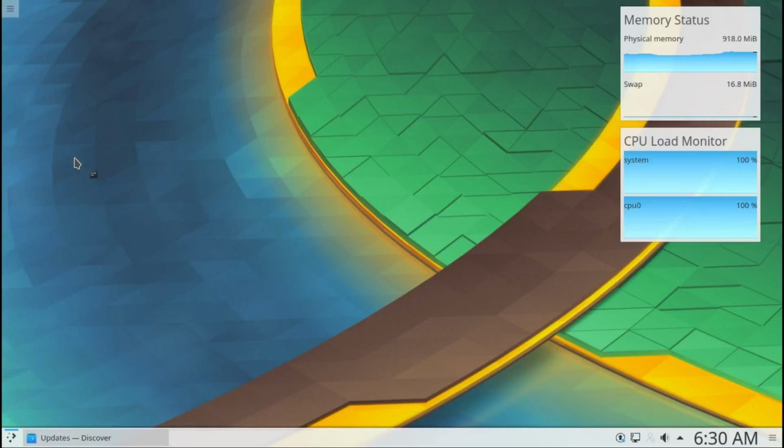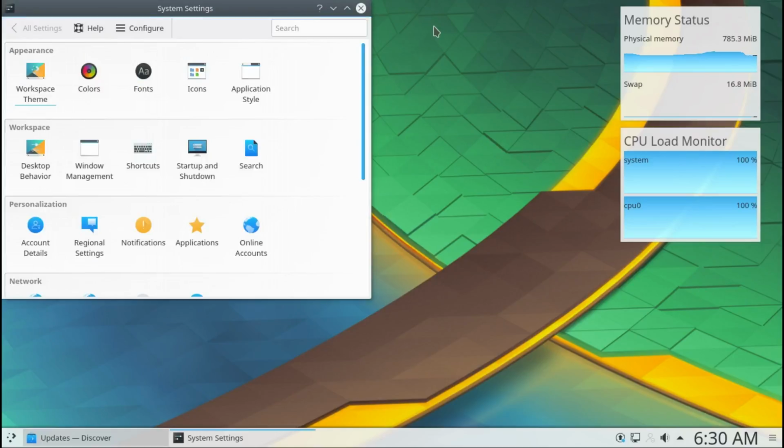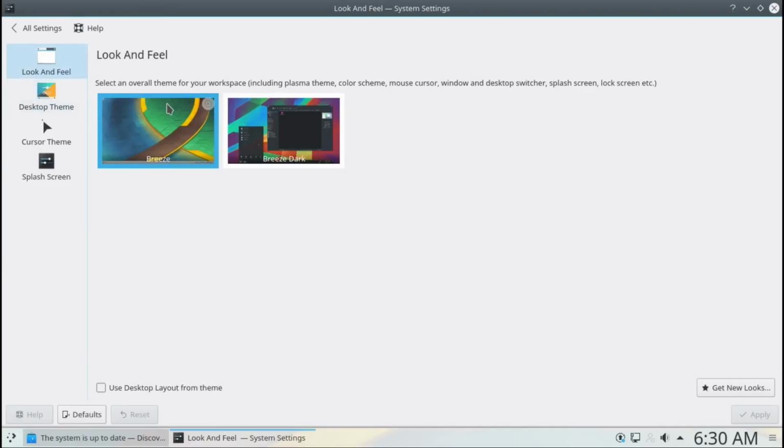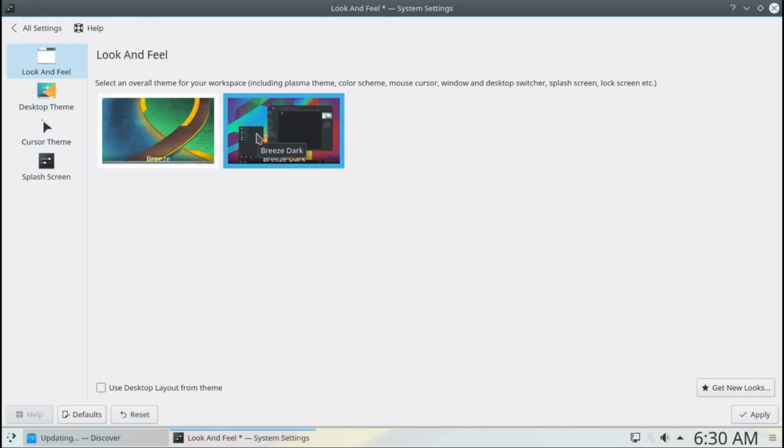System settings. It's all a bit slow now because of the update that's running. As you can see, it's mainly all KDE stuff. Just quickly gonna run through it all with you if you're all new to it, because this can be quite daunting for new users. You can have a light theme or a dark theme, and you just apply. You can get new looks also,